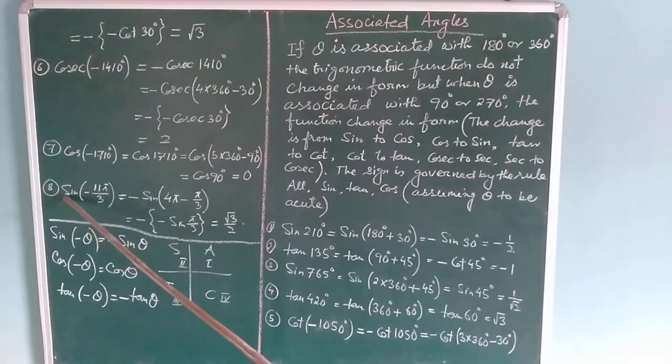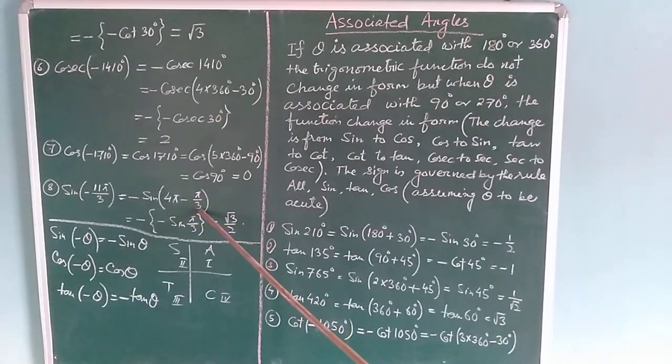Similarly, you can find sine of minus 11 pi by 3. Sine of minus theta is minus sin theta, so first this minus comes from this rule. 11 pi by 3 means 4 pi minus pi by 3. If you take LCM, we get 12 pi minus pi, which is 11 pi by 3. So this is 360 minus something, we are in the fourth quadrant. So that's why this minus sign, and sin pi by 3, sin 60, is root 3 by 2. So minus times minus gives plus, root 3 by 2.